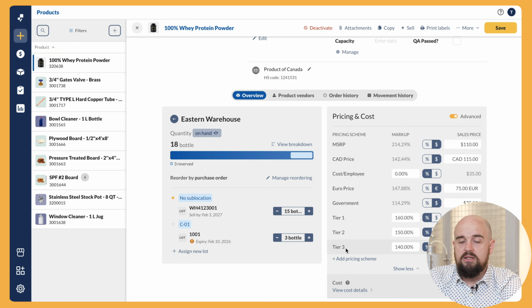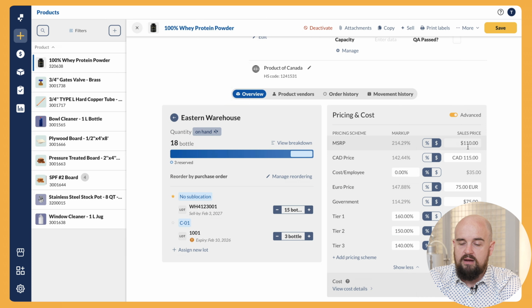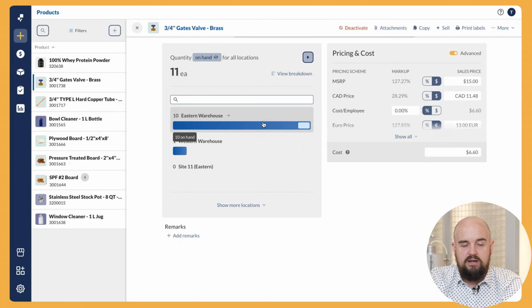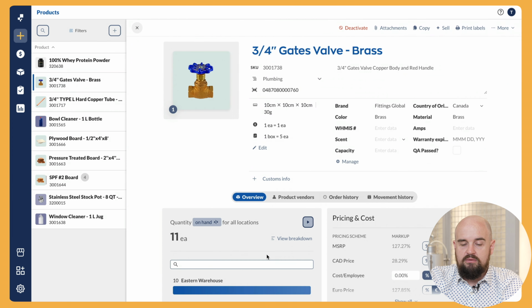make sure that we assign them the right price, and our price can be a fixed sale price like I have here for our manufacturer suggested retail price, or it can be a fixed markup to make sure I'm still making my margins. In this situation, we have a sale price of 91 and a tier 1 customer has a markup of 160, where a tier 2 has 150, tier 3 has 140. And if we click into this product here, this 3/4 inch valve, I can see all this great information that